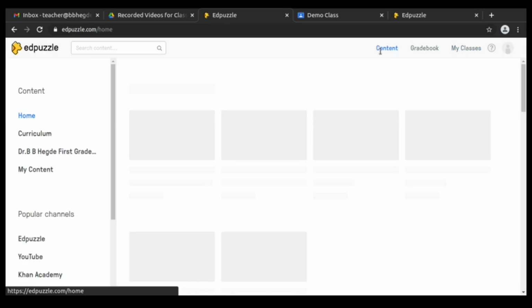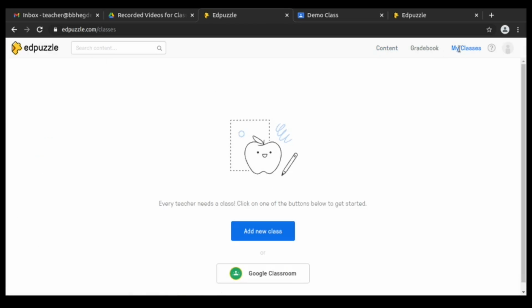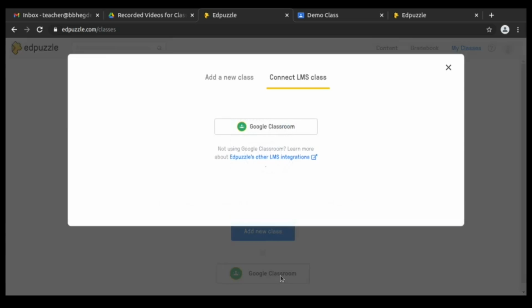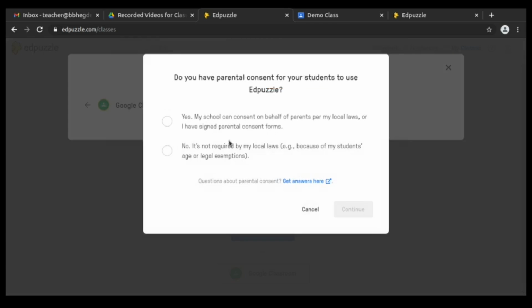So when I click my classes, I get this window wherein I don't have any classes. At the bottom, I get the Google Classroom link. Just click that. It says add a new connection with Google Classroom. Click that Google Classroom. It will ask for consent.